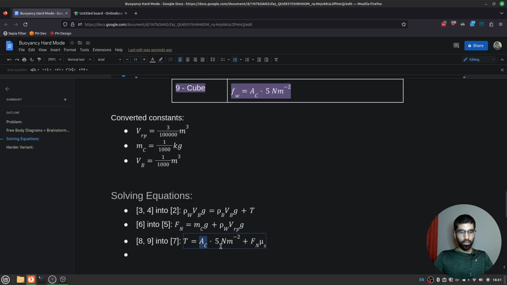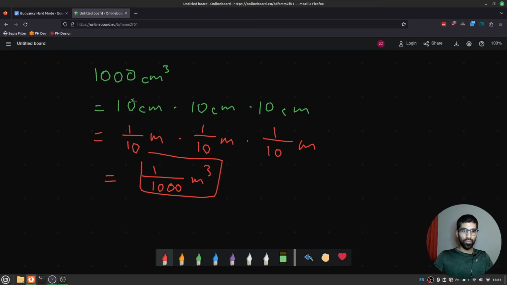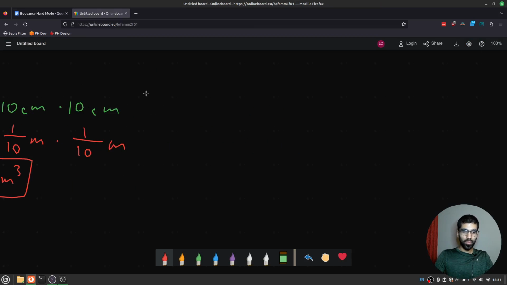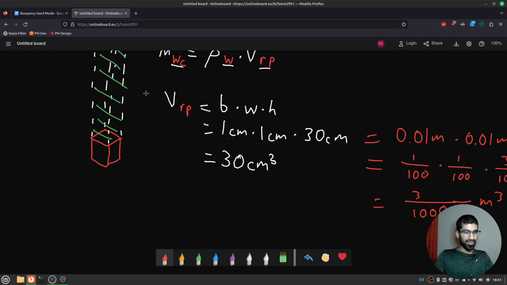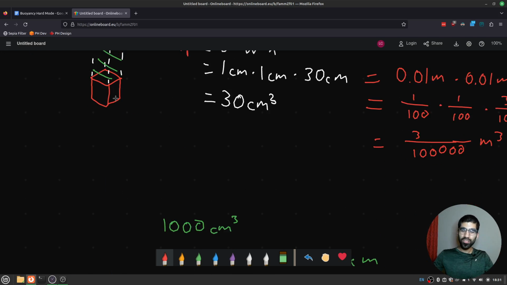Over here, the area of the cube, let me write it down here. So area of the cube is base times height, right? That rhymed. Base times height, base times height. So the area is going to be